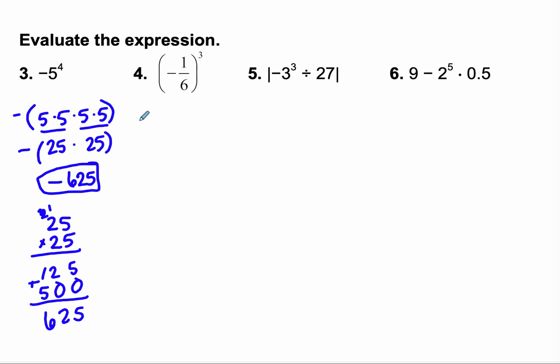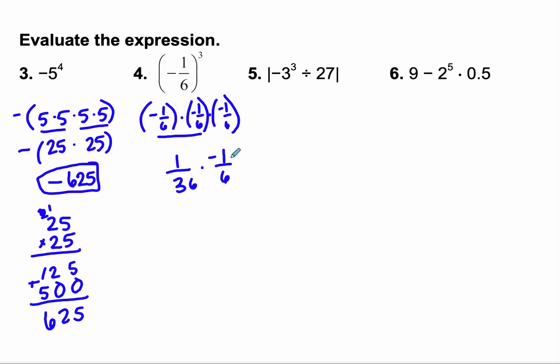All right, let's take a look at number 4. Negative 1/6 to the 3rd power. So that's going to be negative 1/6 times negative 1/6 times negative 1/6. Okay, negative 1/6 times negative 1/6, same sign, answer is positive, so positive 1 over 36. Okay, times, now I have a negative 1/6. Different signs, answer is negative, so negative 1 over, and then down here, I'm just going to do my 36